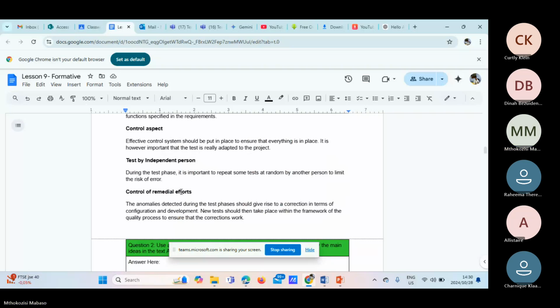of error. And then lastly, there is the control of remedial efforts. The anomalies detected during the test phases should give rise to a correction in terms of configuration and development. New tests should then take place within the framework of the quality process to ensure that the corrections work. Okay,